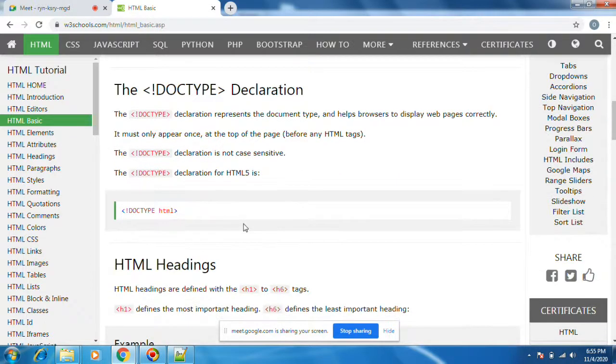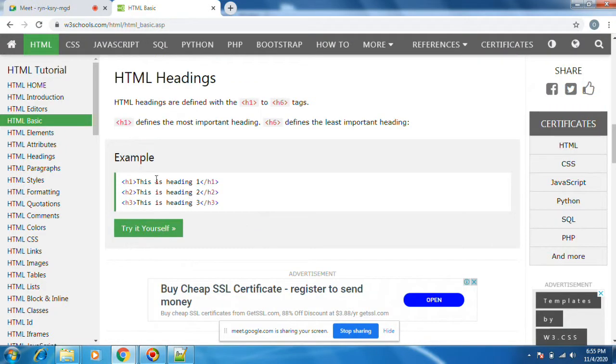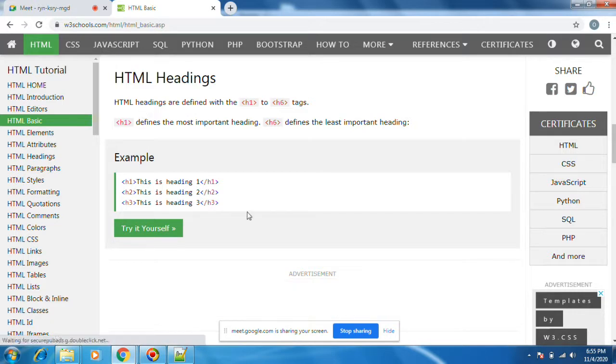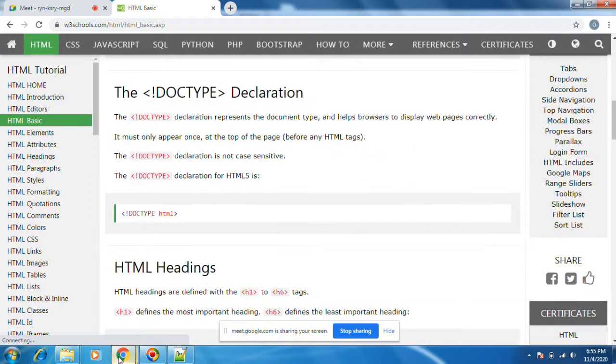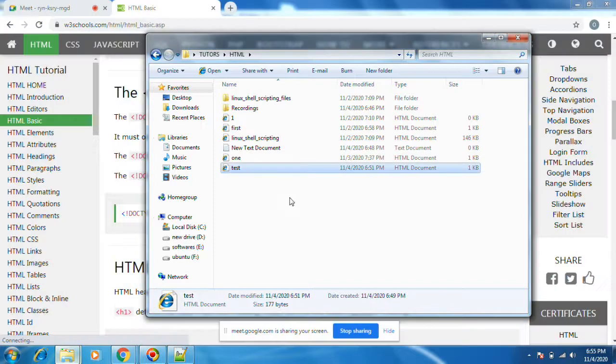Examples: heading 1, heading 2, these are body items. Headings define H1 headings. I'll show you in the headings section.